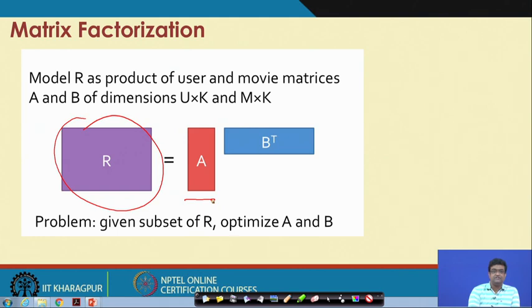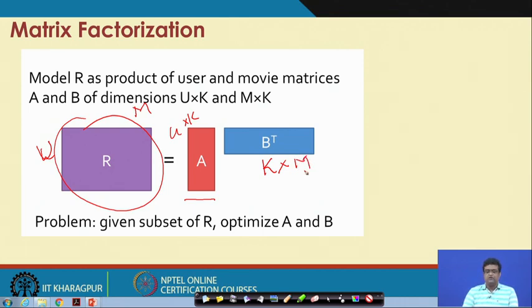The first matrix is a user cross K matrix, where K is the latent dimension, and the second matrix, B transpose, is a K cross movie matrix.